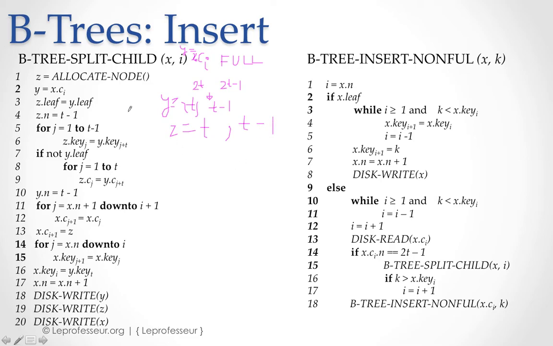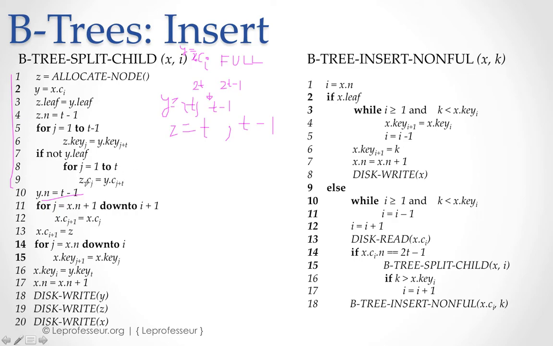So line number 1 to 9, these are basically creating a new node z, and giving it the largest t minus 1 keys and corresponding children of y. Okay, very simple, line number 1 to 9. And then line number 10 is adjusting the key count for the original children, because now we have split it into 2 nodes, so we don't have as many children now